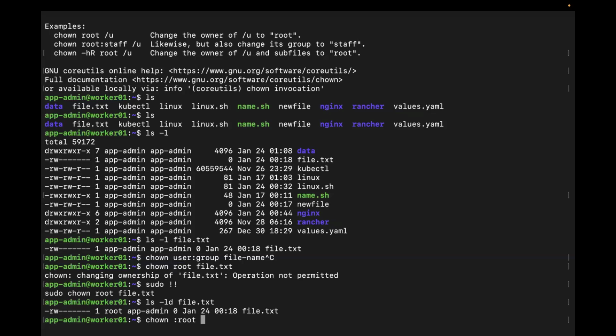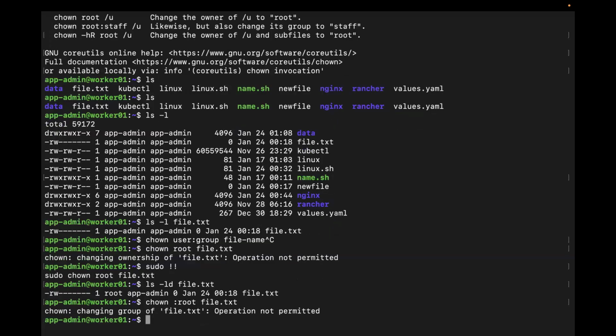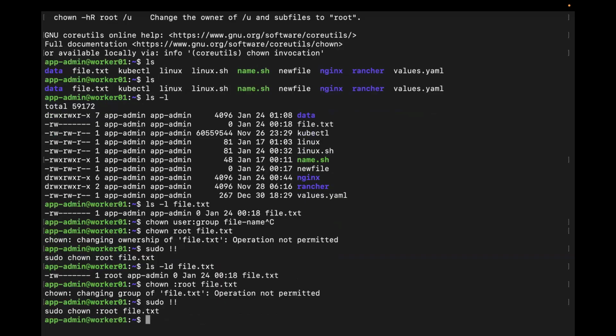So in this case, it's going to be chown and then :root, which is the group, and my file name, which is file.txt. Oh, I usually forget to do that every single time. So if I run ls -l on my file again,